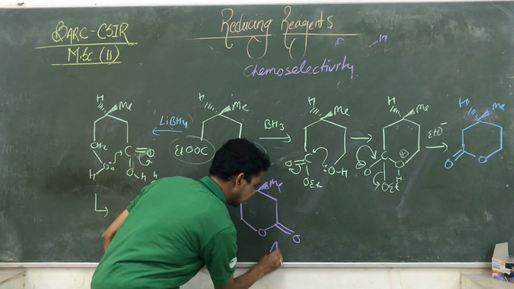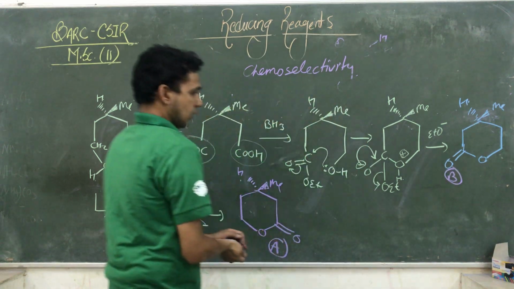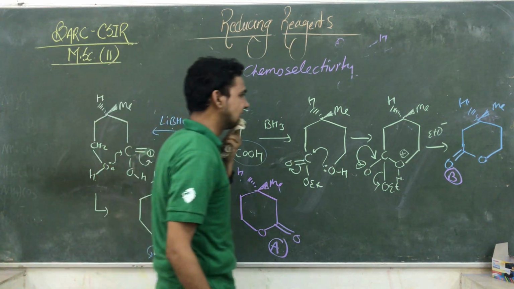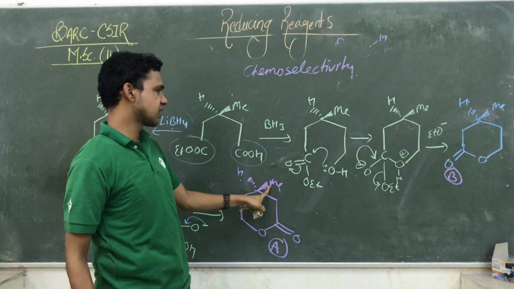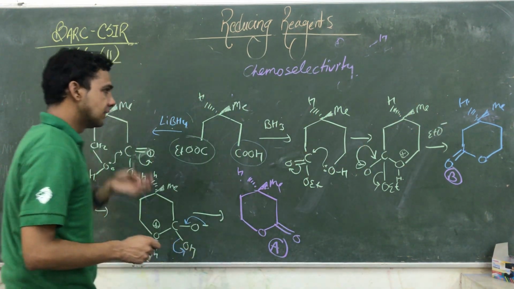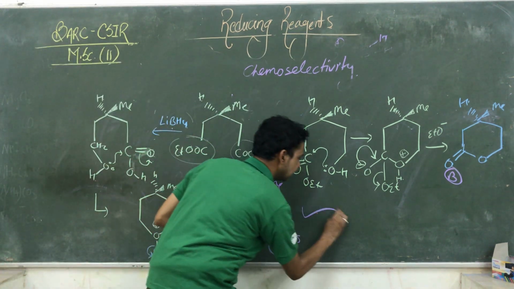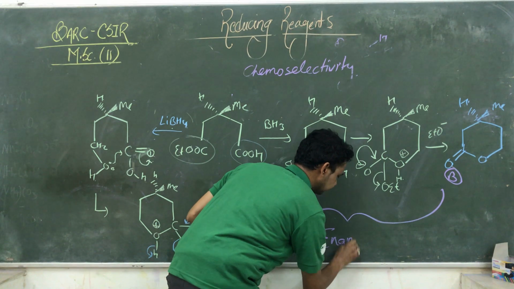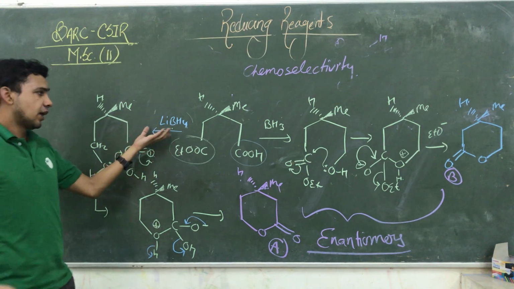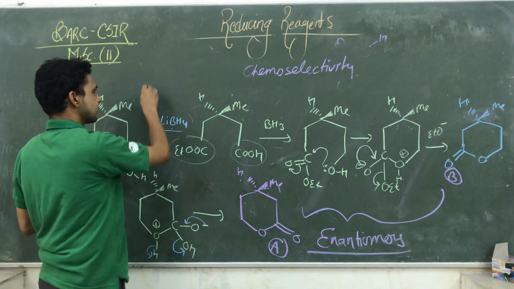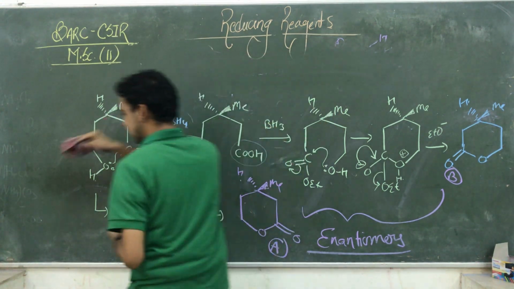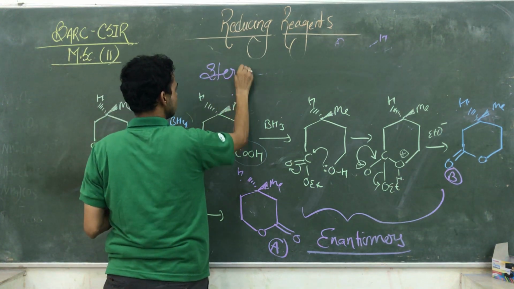So guys, what is the difference between this A compound and this B compound? If we differentiate them, the Me is towards the observer and H is away from the observer, and both are mirror images of each other. They are mirror images of each other, and we say we are getting enantiomers. Enantiomers. So what does it mean? They are stereoselective products or reagents. They are chemoselective, so it's okay. But yet they are chemoselective as well as behaving like stereoselective.